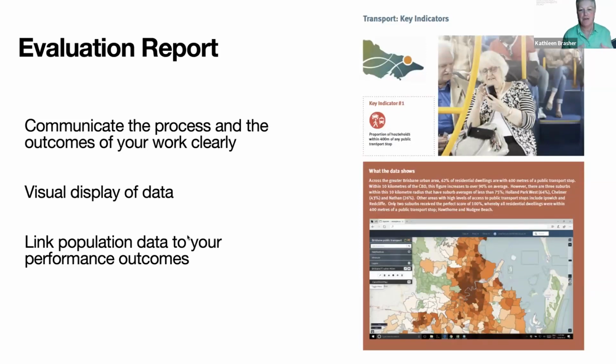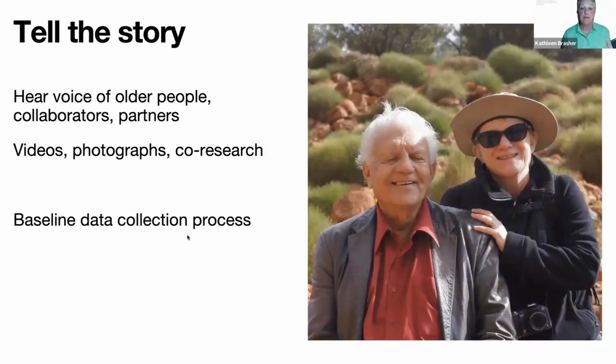Evaluation reports often read as if the 4-step cycle has happened in this beautiful, systematic way. And of course, we know real life is much messier, but it is possible to still look at indicators towards the end. We also need to tell the story. And while I've focused this presentation on measurable data, what we've learned across this ECHO is how essential it is to hear the voices of older people in all of the ways that they're contributing to an age-friendly environment and all of the benefits they're getting from our work.